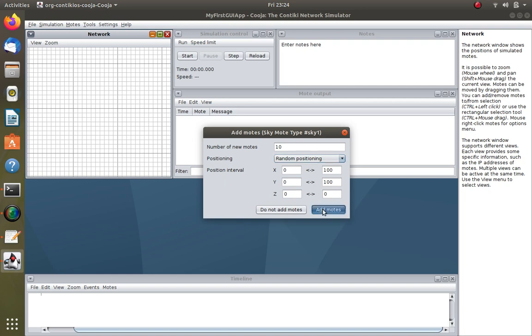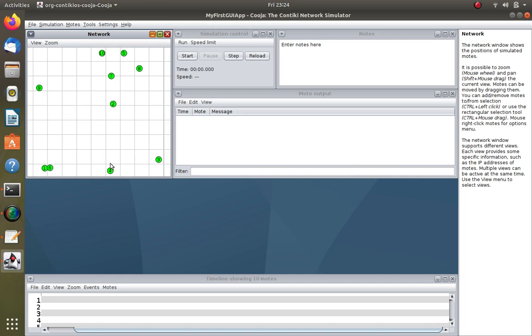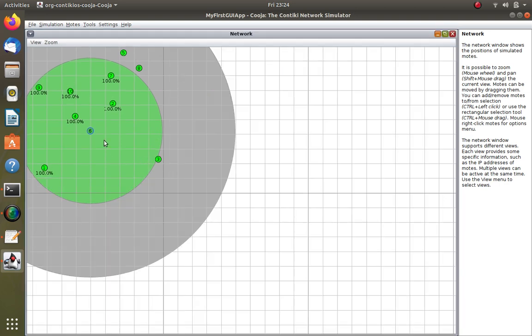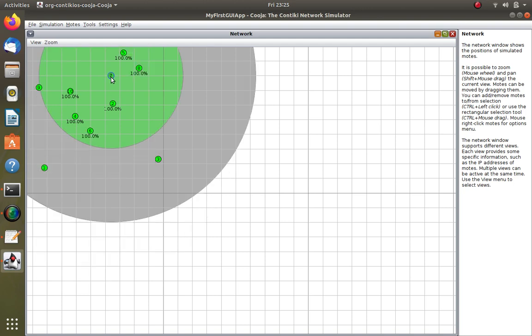Now add nodes. Now we can see this is the number of nodes. You can drag and drop any nodes or drag and move to a closer location. No issues in this. Now you can see that when you click each node, there are two circles, one in green color, another in gray color. The green circle indicates the transmission range, the gray color indicates the interference range. So we have interference also. The transmission range is 250 meters, the interference range might be 550 meters. So that's what we have, interference and transmission range.